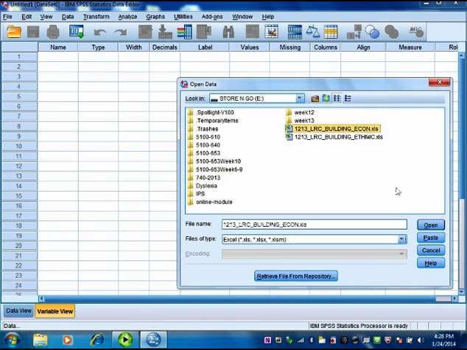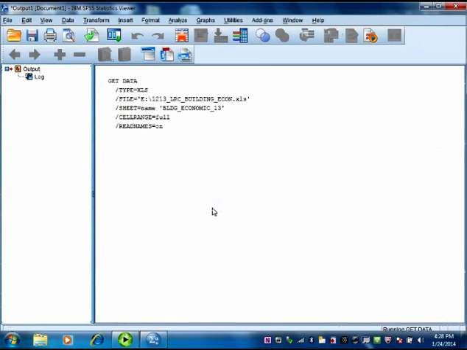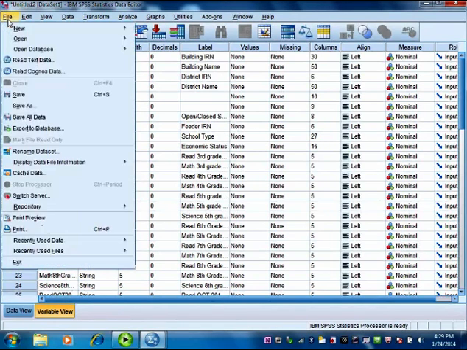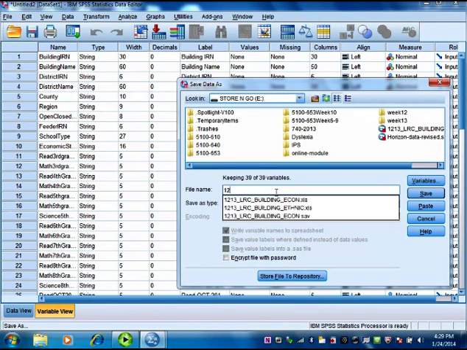So if I'm clicking on that, you can notice that SPSS is reading the Excel file into its own spreadsheet, opening Excel file resources. So you say OK. You will be able to see the data has already been imported from Excel into SPSS like this. So the first thing you need to do is just to save it right away into your thumb drive here. You can save it the same way as 1213